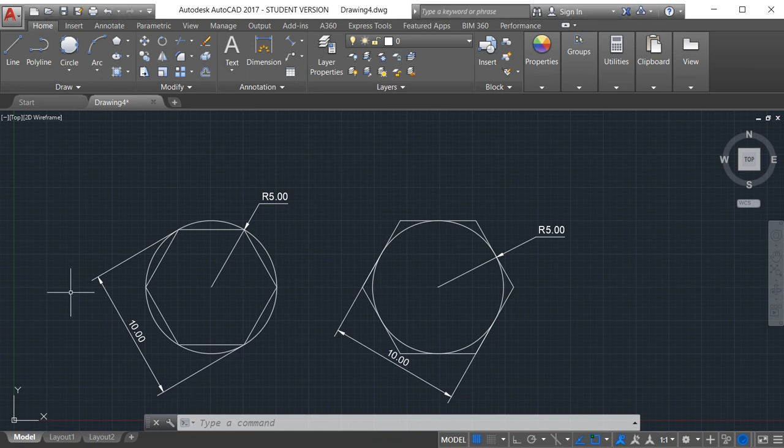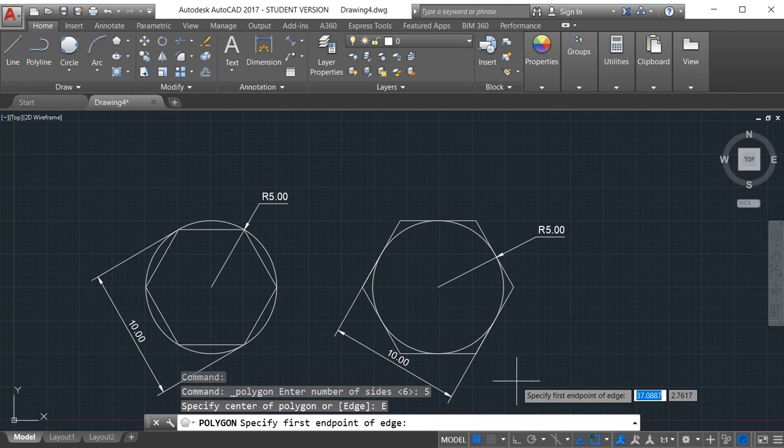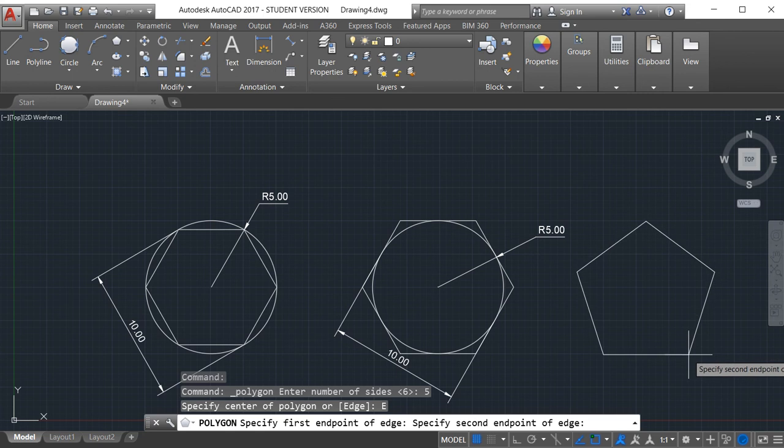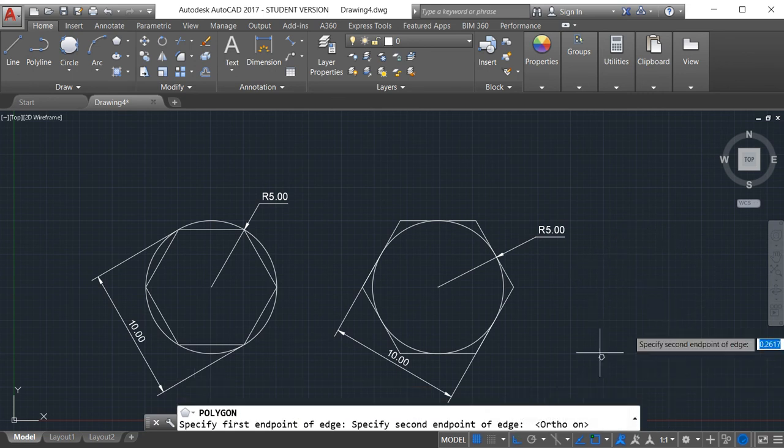Now I am going to draw a polygon by using the edge method. So click here on polygon, and enter the number of sides. So I will enter 5, enter, and click on edge here. What we have to do is first specify the start point, and we are not previously in ortho mode, so I have turned on the ortho mode.